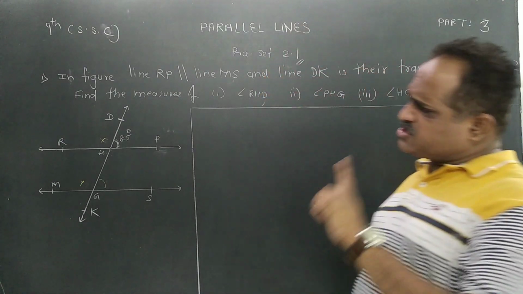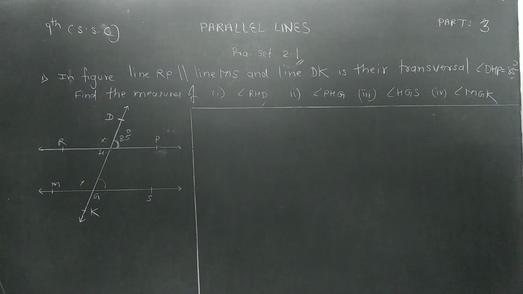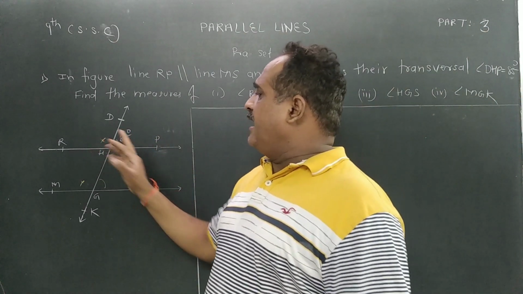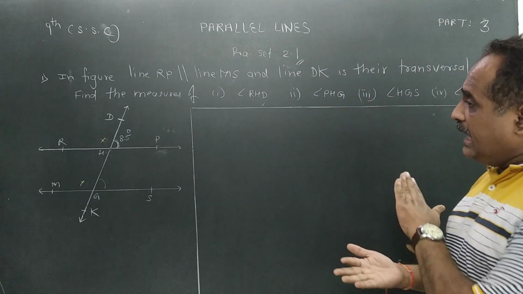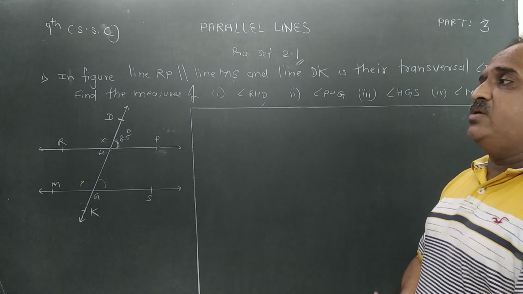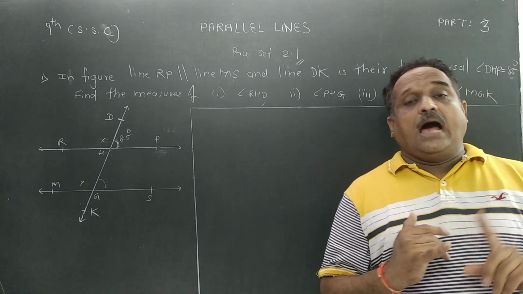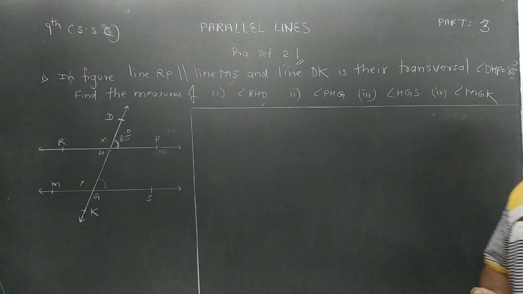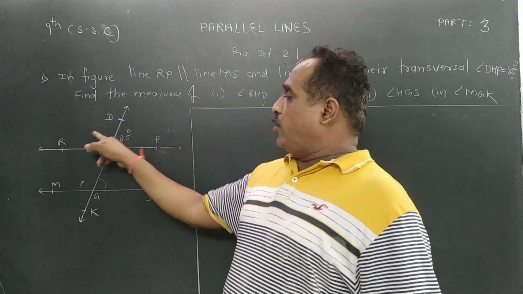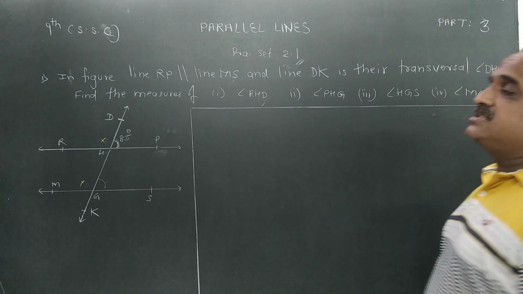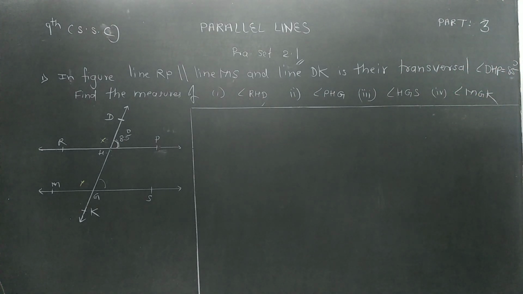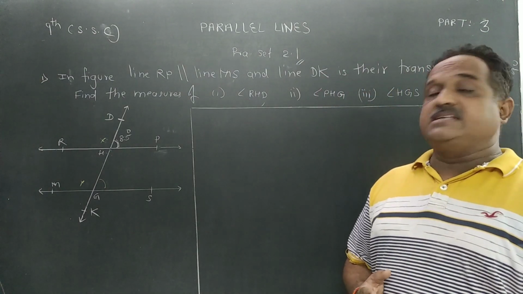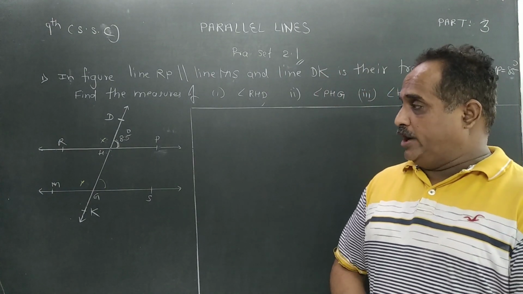सबसे पहली property, which you studied in the first topic, basic concept in geometry, that is angles forming a linear pair are supplementary. वो खाली ये टॉपिक के लिए नहीं, कोई भी ज्योमेट्री के टॉपिक के लिए यूज कर सकते हैं हम लोग. What is that? Angles forming a linear pair are supplementary. And second, vertically opposite angles are congruent.